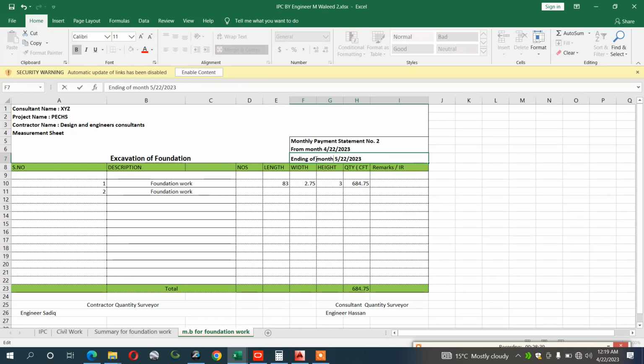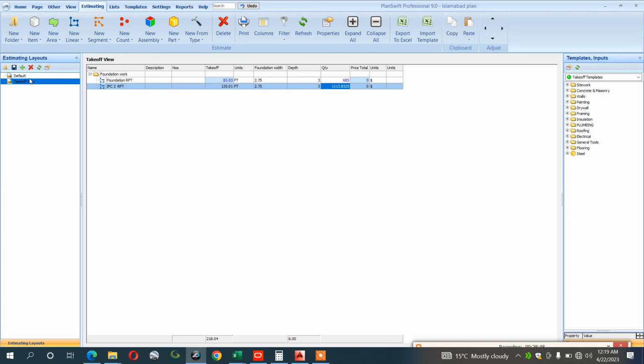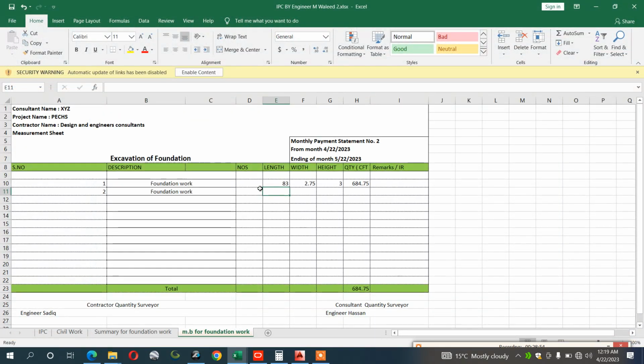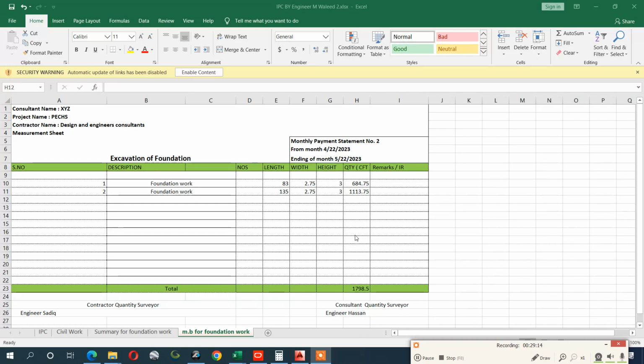Okay, for example IPC number 2. So it means that total, what is actually the quantity we have done? The quantity we have done is actually 135 length, 2.75 and 3. 135, 2.75 and 3. Important. I will right click here, select here, multiply it and enter. Okay, that is 1113.75. Okay, after 1113.75, what you will do, you will open it again, and at this time into the summary